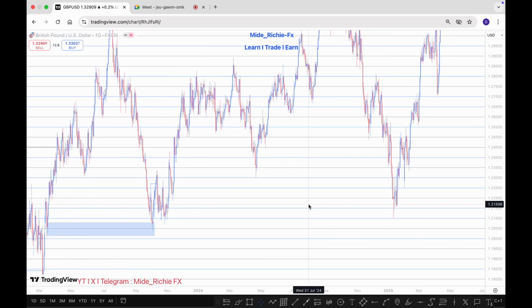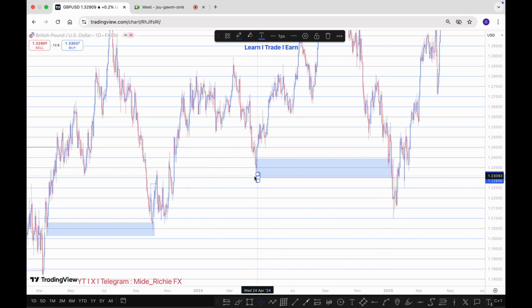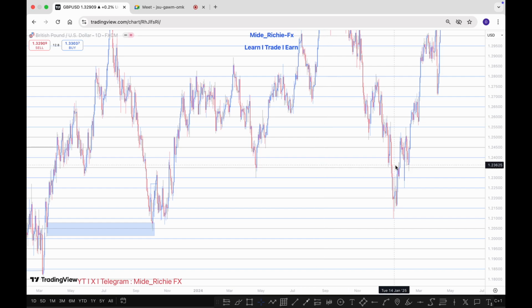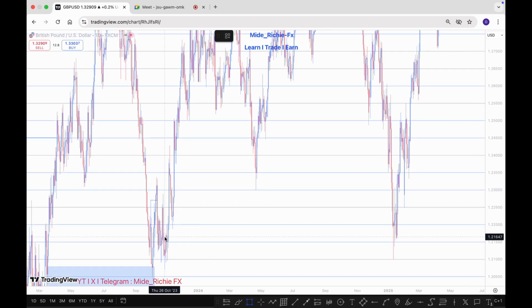So, and if you guys can remember, right, we were actually anticipating the market to reach this part of interest, right? Because we have a lower time frame mitigation right here. So I was expecting this low, or this supply zone, this demand zone rather, to work, right? Because this low right here actually mitigates something right here. But we had a reaction from there, but eventually it failed, right? Market actually moved below it, right? And then we now choose to